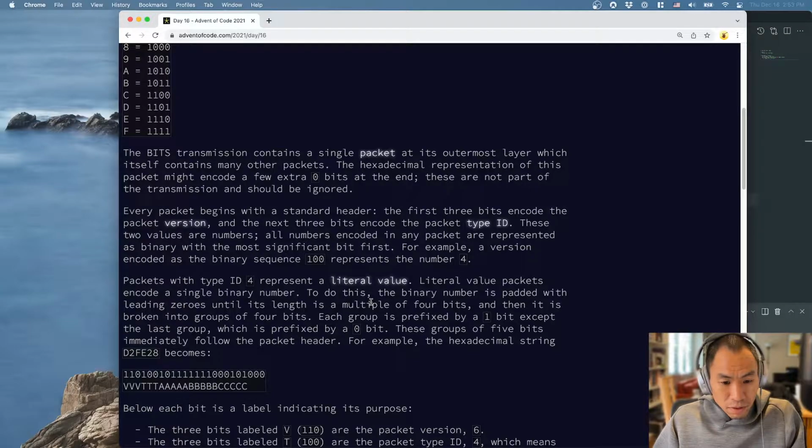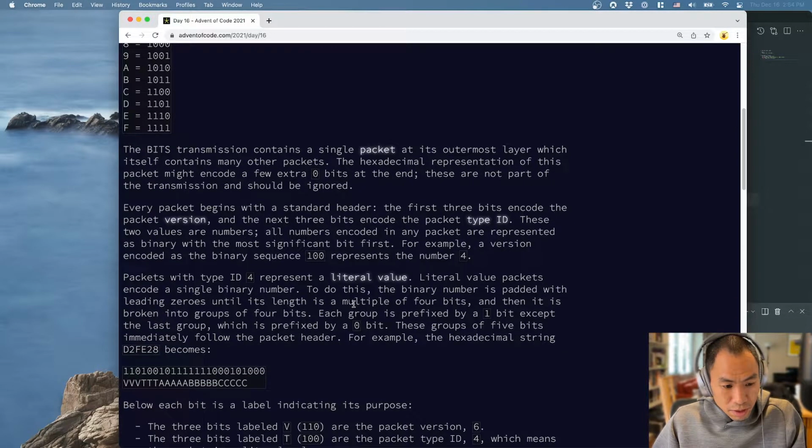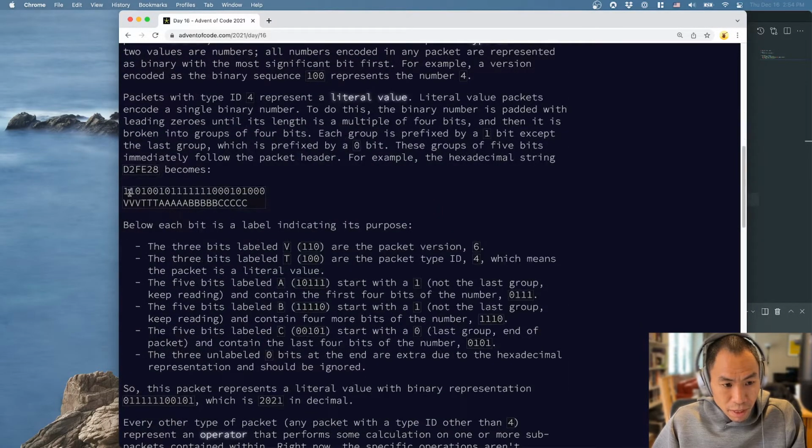Packets with type ID 4 represent a literal value. Literal value packets encode a single binary number. To do this, the binary number is padded with leading zeros until its length is a multiple of 4 bits, and then it is broken into groups of 4 bits. Each group is prefixed by 1 bit except the last group, which is prefixed by a 0 bit. These groups of 5 bits immediately follow the packet header. For example, the hexadecimal string D2FE28 becomes this binary string